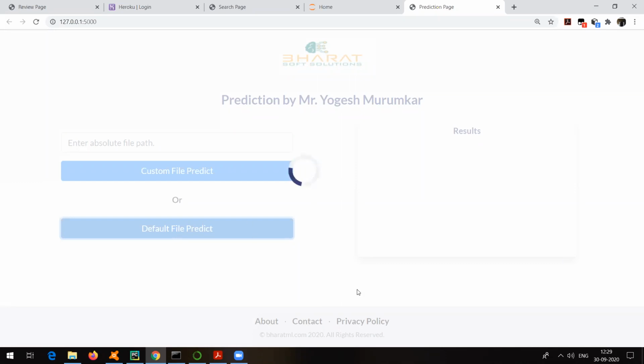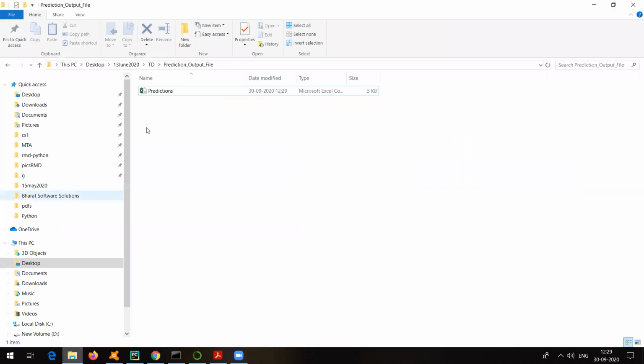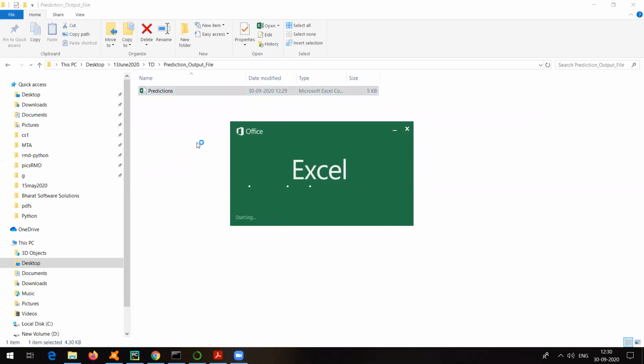Okay, so see, it is running, it is trying to fetch all that data and it is predicting. See what it is saying, prediction file is created. Where is it created? It is saying that the prediction file is created at prediction_output predictions.csv. So I will take you to that particular path. See, the prediction_output folder, I am already inside that folder. Now, can you notice this? Earlier it was 29 September, now it is 30th September, and it is 29 minutes past 12, which is the time. So that means this file was created just now. If I open this particular file, you will be able to see that this is the final output.